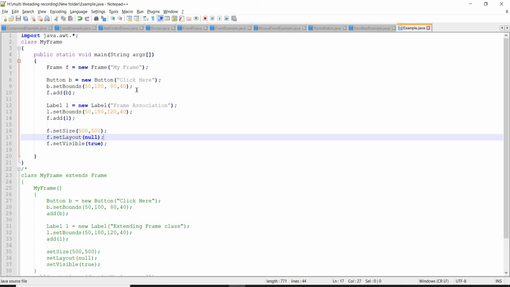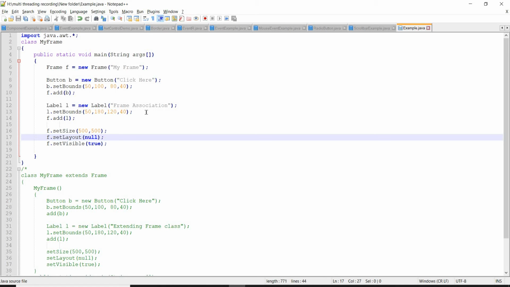The frame is created, the button is created, and we need to place this button over the frame, right? So that's why f.add(b). The button is created and added to the frame.